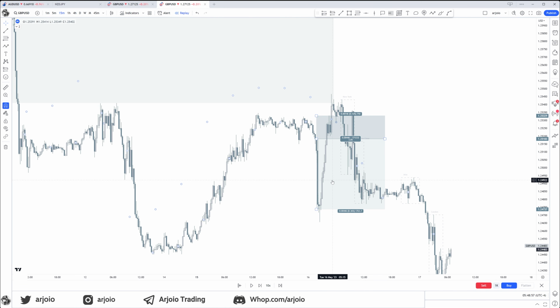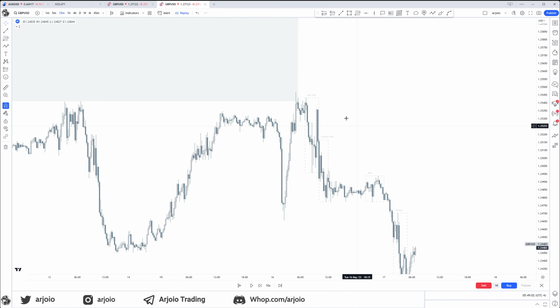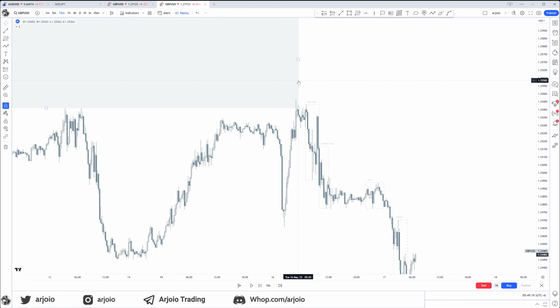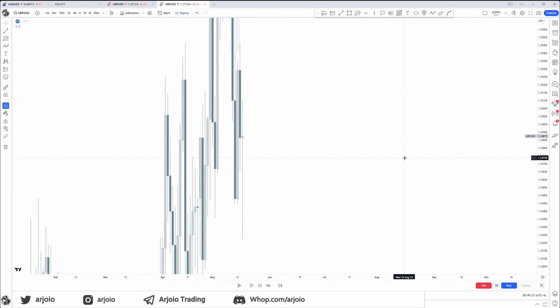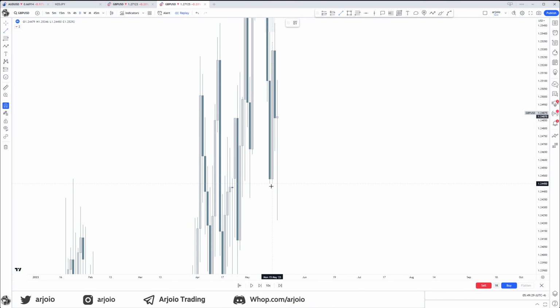Well, then we have to go back to the foundation. What is the foundation between our trades? Daily fair value gap. So we need a higher time frame context first. Daily fair value gap. Where does a market maker sell model, aka a sell program, get activated? Once we hit a higher time frame premium array. What are we targeting when we hit a higher time frame premium array? A higher time frame discount array. What is the higher time frame discount array here? It is this swing low. That is the first higher time frame discount array.